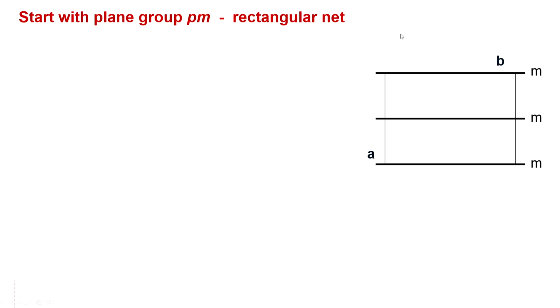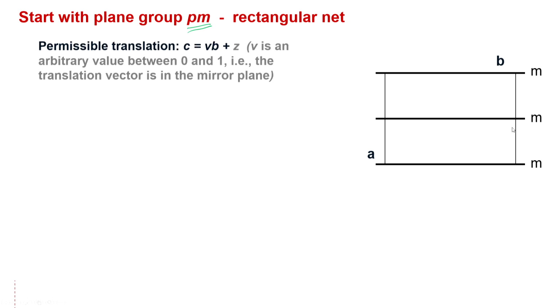Now, let us take a different unit cell of the two-dimensional lattices. This time let us consider a rectangular cell and it has a mirror symmetry, which essentially means that we are considering the PM plane group. On this PM plane group, I want to now put a third vector. I am not going to draw a three-dimensional structure for this, rather a projection. So, you can consider this to be a projection with the mirror planes being extended vertically up, and the third projection that I want to consider is